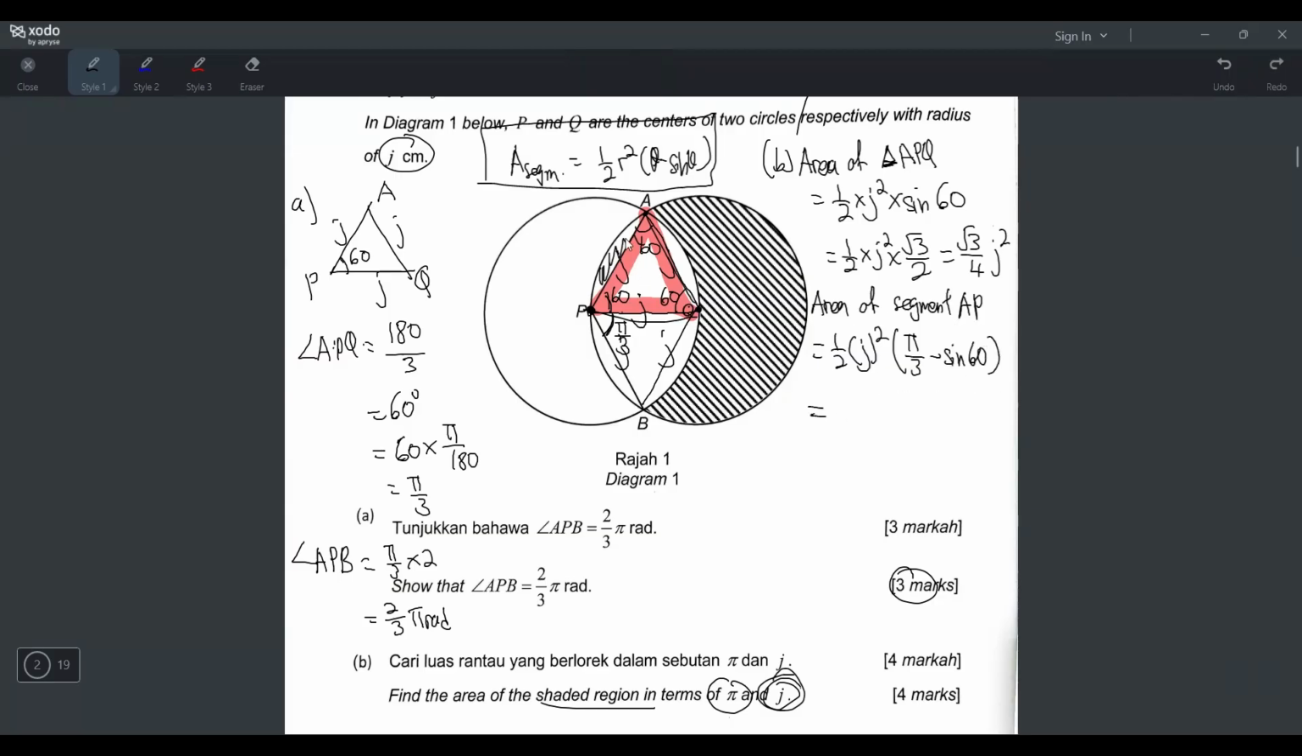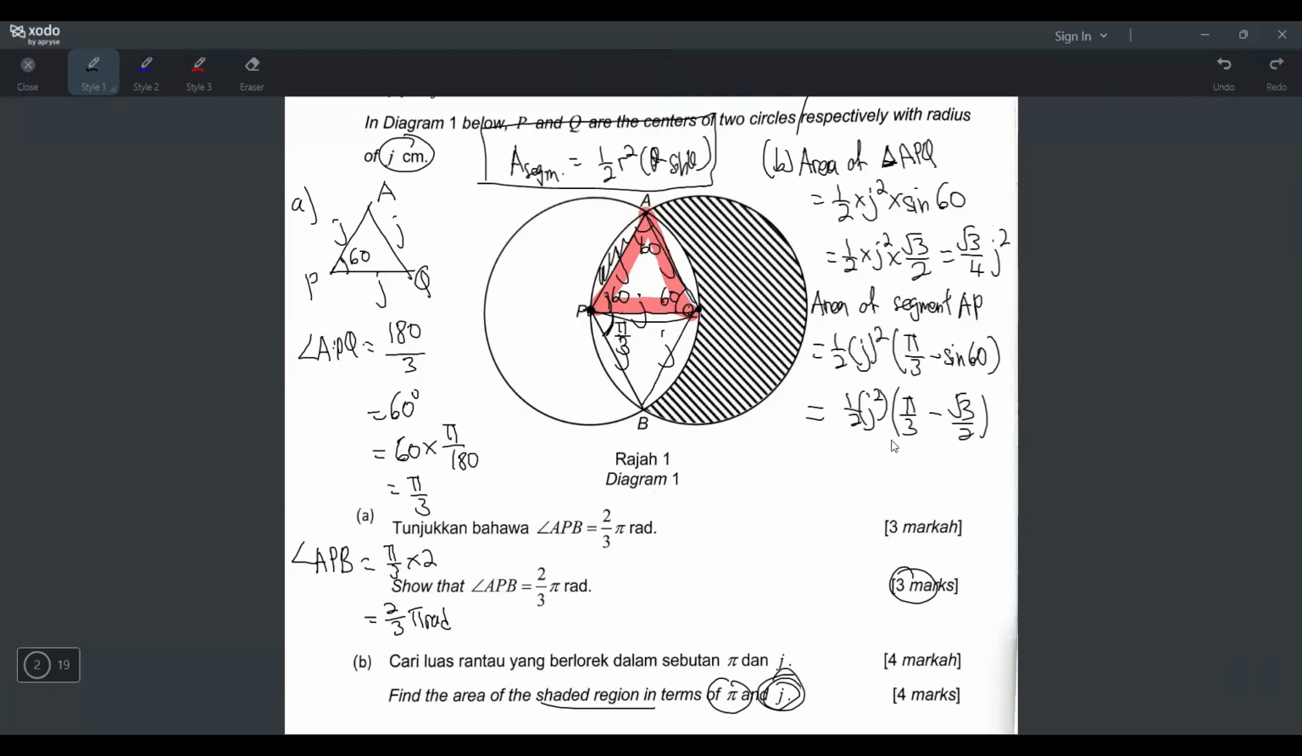But actually bukan satu segment saja yang you kena tolak. This one also, right? So later have to times 4. But we can do that later. Let's simplify this. Sine 60 is root 3 over 2 again. And then this one is pi over 3. This one is 1 over 2 j square, and then like this, right? Okay, now